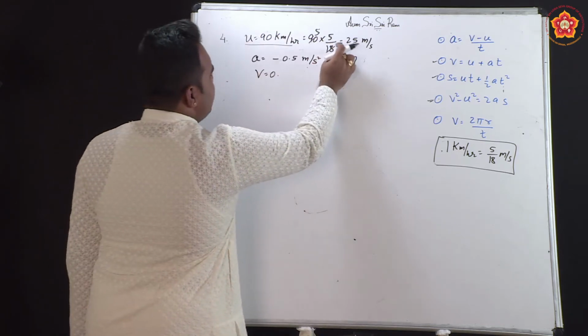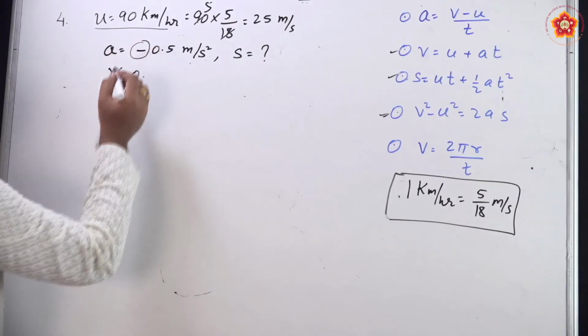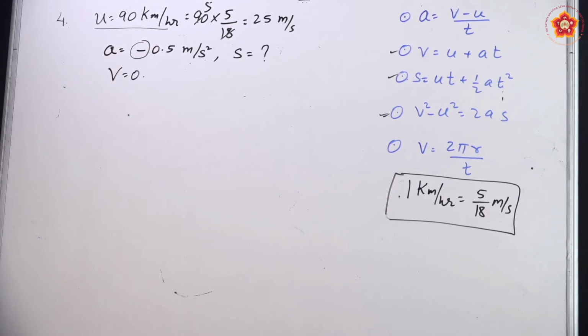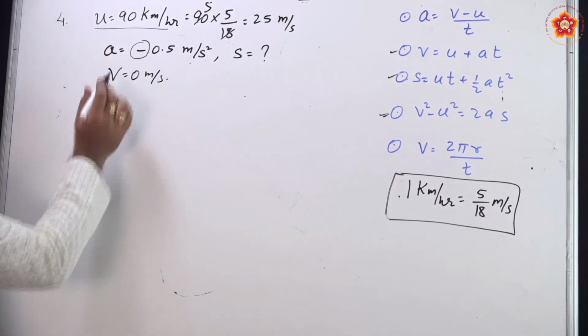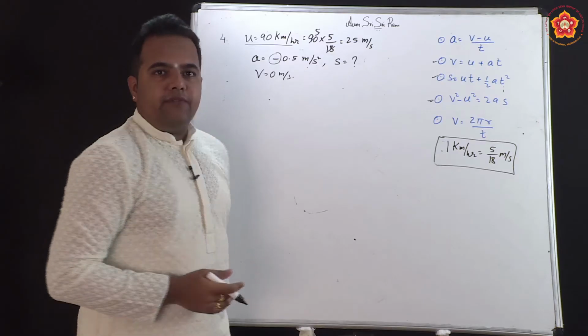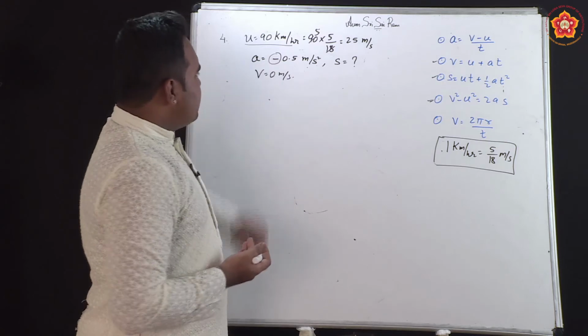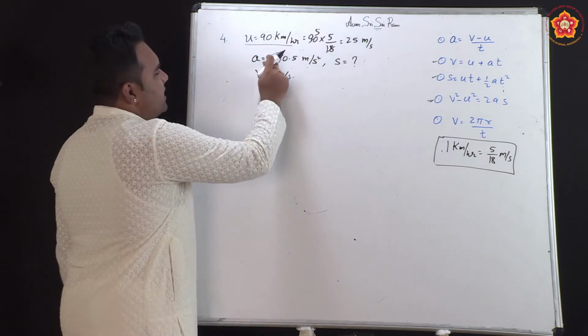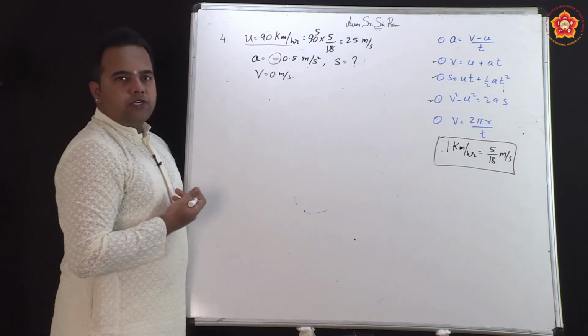I convert it into the SI units of meters per second. Acceleration is given with a negative sign, if we notice carefully here. Final velocity is 0. Now, why is acceleration given a negative sign? Can it be negative? Yes, because it is a vector, it can be negative. But what does this negative sign imply? The negative sign implies that the acceleration is opposite to the direction of motion.